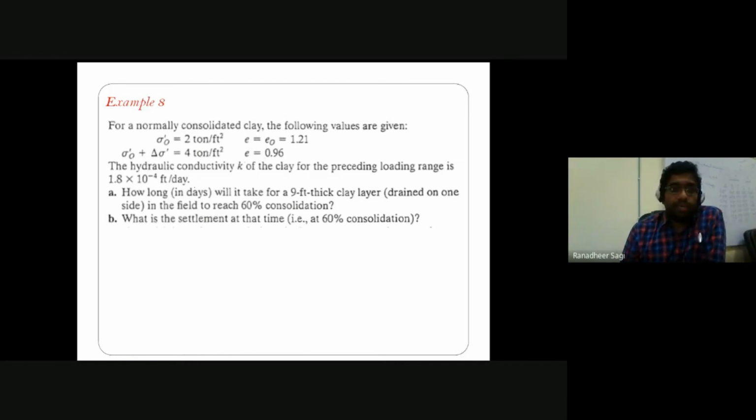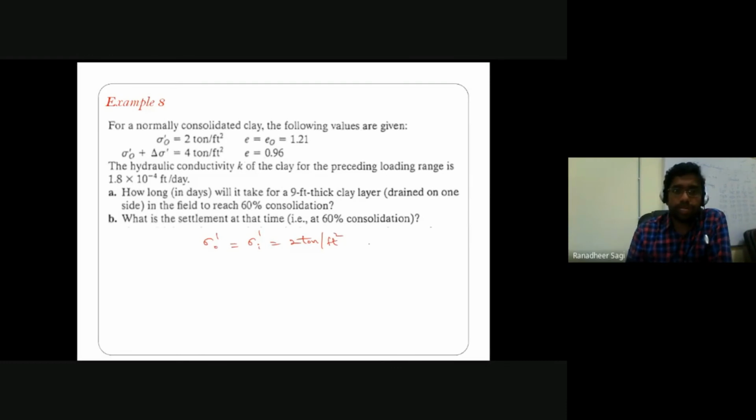There is another problem. I'll not be solving this complete problem. I'll just give an idea or a hint to some extent to solve this particular problem. You are given a normally consolidated clay, where sigma naught dash is nothing but your initial effective stress in the soil, which is 2 ton per feet